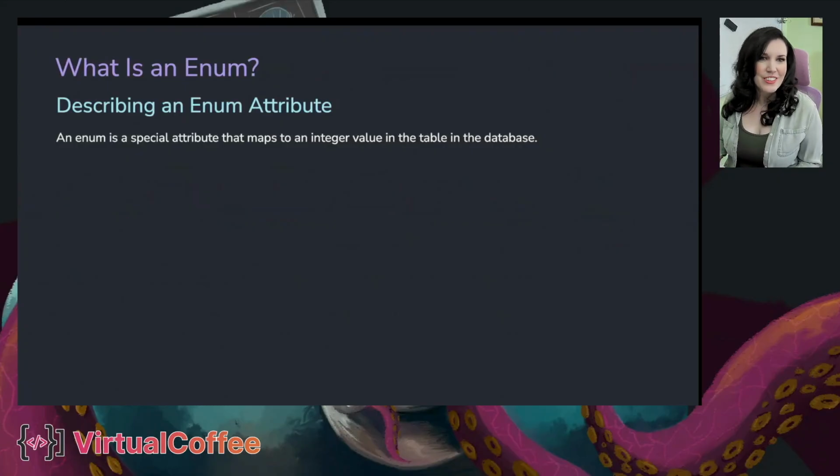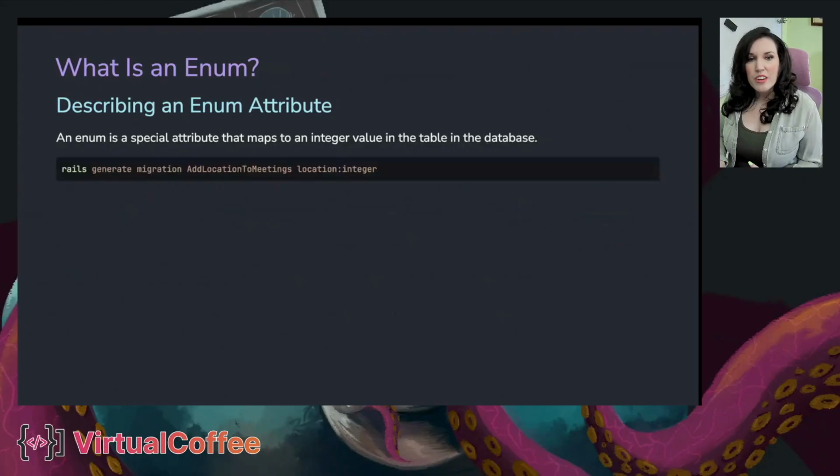Let's describe this thing called an enum attribute. An enum's a special attribute that maps to an integer value in a table in a database. So how you do this in Rails is in the terminal, you can write this shortcut, rails generate migration. This example is adding an enum attribute called location to a meeting class.